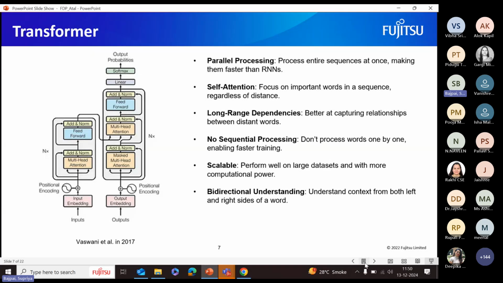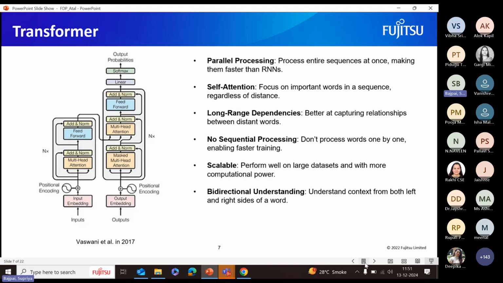So then the transformer came along and pretty much changed everything. They are faster and smarter than RNNs. Instead of reading word by word like RNNs, a transformer can look at the entire sentence all at once. This means they can understand the whole context of the sentence in one go. It's like reading the whole paragraph to get the main idea, instead of reading word by word and then trying to remember what we read earlier. And because they process everything at once, transformers can be trained way faster.